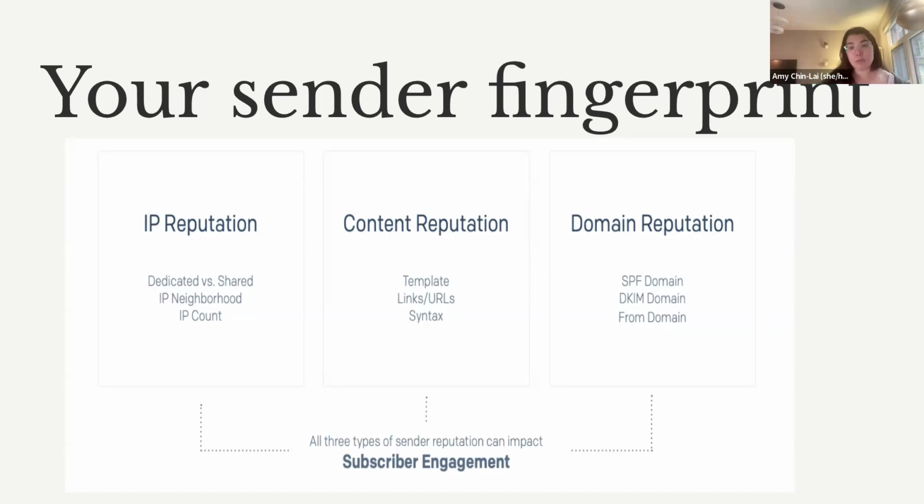Now, the second bucket is content reputation. So this is generally what you send. Inbox providers like Gmail have two goals. They want to provide a good service to their customers, which means they need to give people the emails they want to receive, and they need to prevent dangerous or scammy emails. And we have this saying in the deliverability world that the spammers set the standard, and this is especially true with content reputation. So, for example, spammers will often use broken HTML to hide links or language in their emails. Sometimes they do it unintentionally, like they just don't know how to code, and that's fine. But sometimes it's so that they can hide things that are going to trick people into clicking those emails.